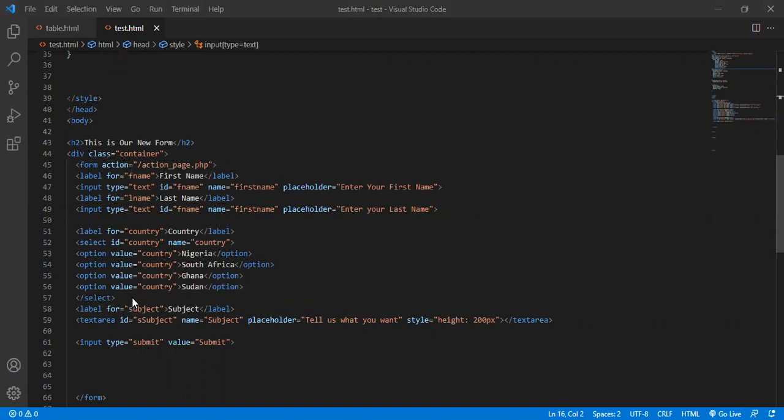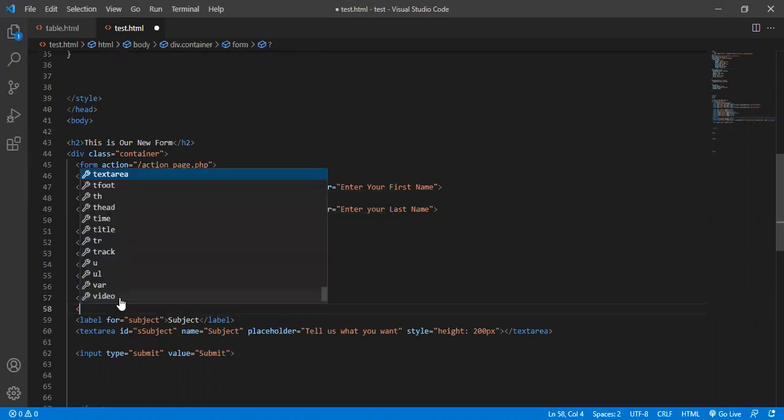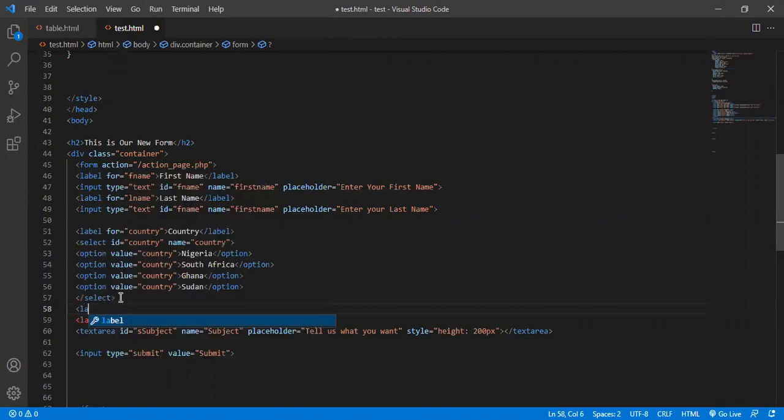Maybe you want to add another field, so you give another label, let's say label of password. So once you give it a label for password,